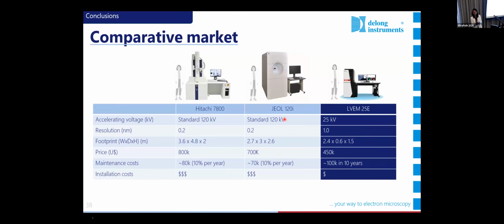So the main advantage for this specific application is the accessibility. The price is about half. So you don't have a service contract. Sorry. Oh, sorry. The main advantage,